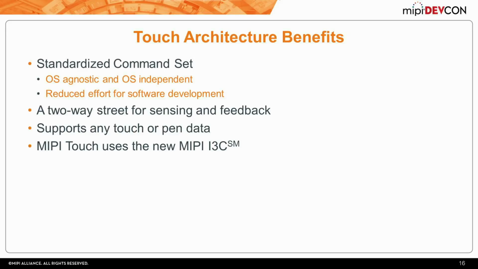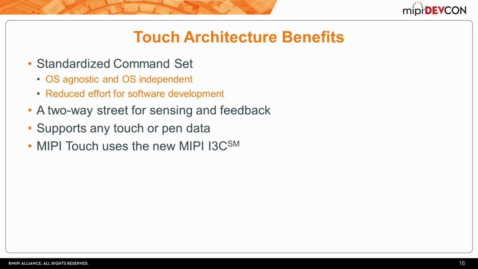We also want to be sure that we're not going to disable any use case our customers or members wish to enable. Touch is one we already have, but with the new standards that are coming out supporting different types of pen, different types of information associated with pen, we want to ensure there's nothing in this standard that would prevent that. In fact, we want to make sure it enables that to seamlessly ride across this standard and across this interface, so that from an end customer perspective, what they choose to implement just works and they don't have to think through what's the differences. And as I mentioned earlier, we want to use the new I3C.